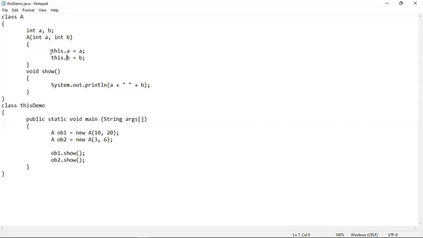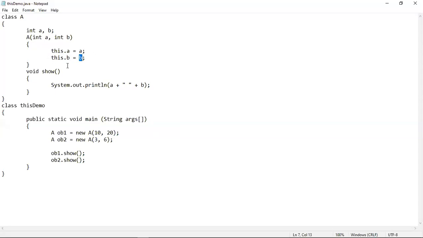If you use this keyword before the instance variable a, the compiler will assume that the left hand side a is the instance variable and the right hand side a is the parameter or local variable. Similarly, for b, the left hand side is the instance variable b and the right hand side is the local variable b.